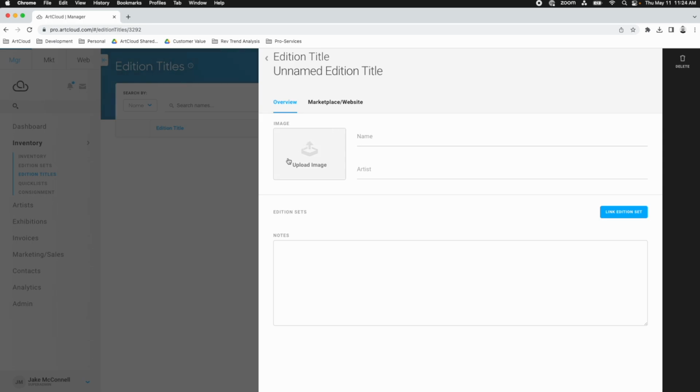We can ignore the upload image function as this will automatically be populated when we add our sets, but we'll give this the edition title name, the Neon Motel Pool. Now, the selection of an artist name in this field will filter all available edition sets in your ArtCloud account down to those that pertain only to the artist you've selected. So let's select the artist name, John Rodriguez,